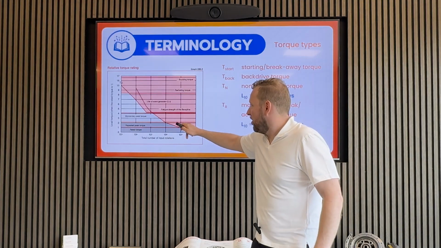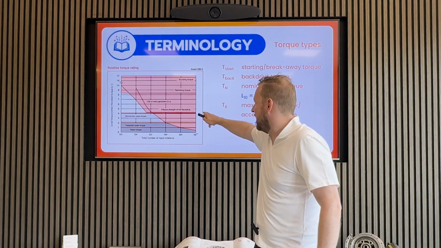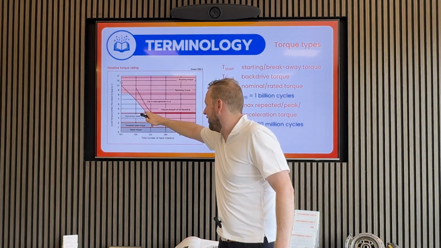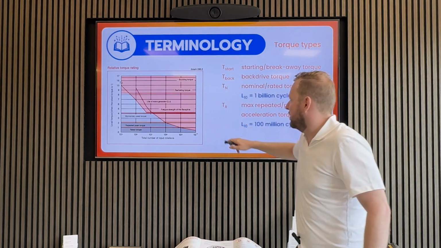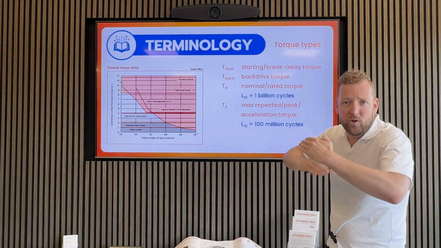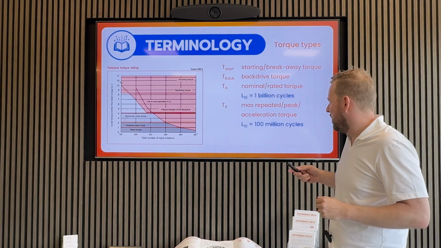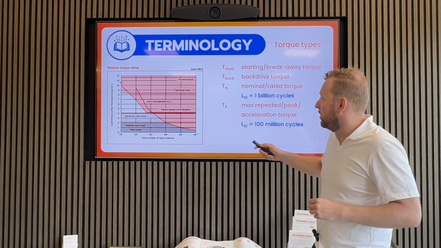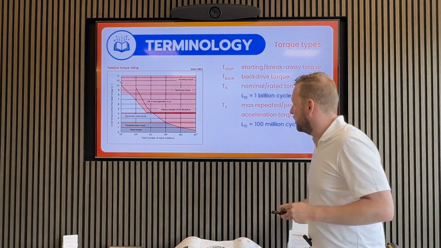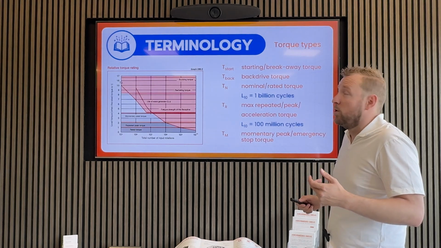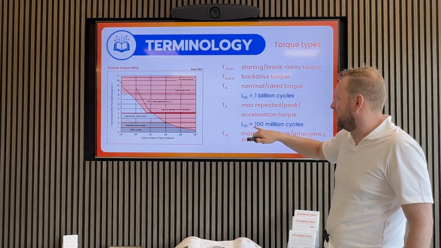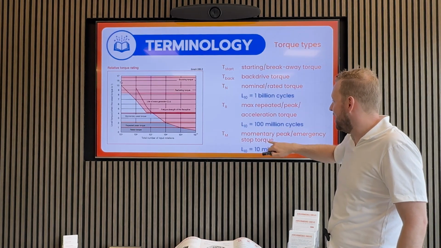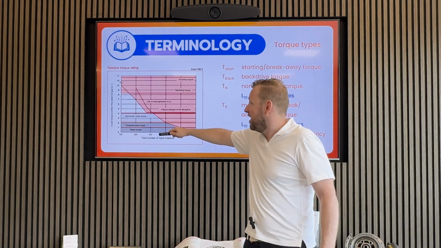Next to this, there's also another one. If you look at this chart over here, you see that the fatigue strength of the flex spline in the harmonic drive will fail at a certain moment, and you always want to stay below that, because that's very soon. If you stay below that, you have the momentary peak torque, which is also called the emergency stop torque. And again it coincides with an order of magnitude less, a lifetime of